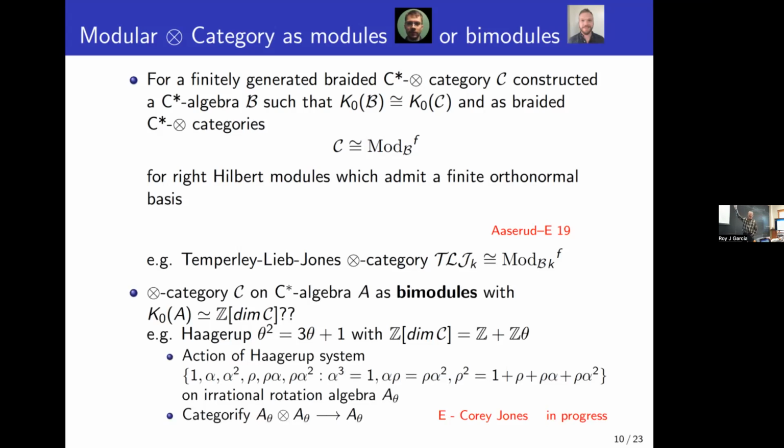Instead of thinking in terms of modules, I want to look at bimodules. So suppose I have a tensor category C, and then I look at all the possible dimensions of objects, and then construct this ordered group. So for example, I can take the golden ratio system, which has 6 irreducibles in these fusion categories. And